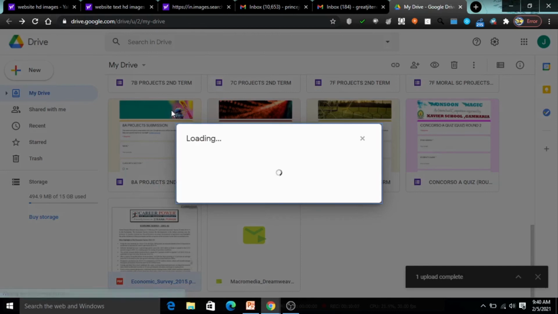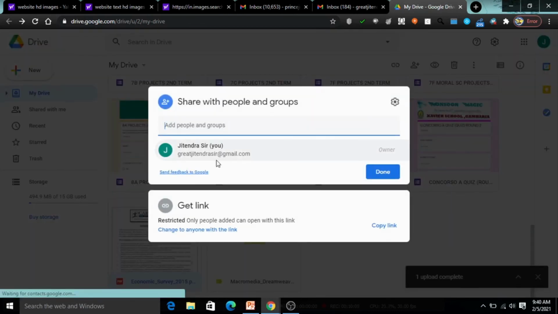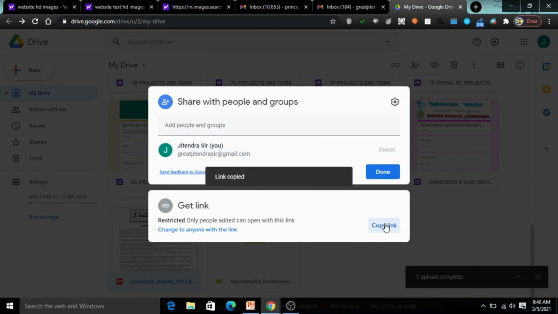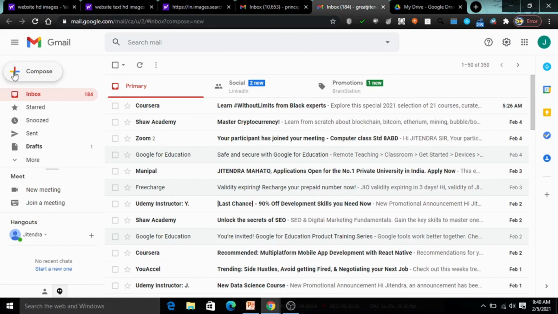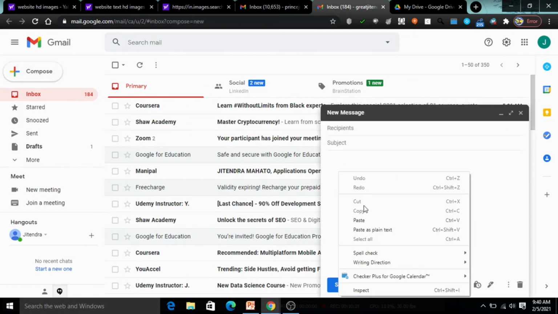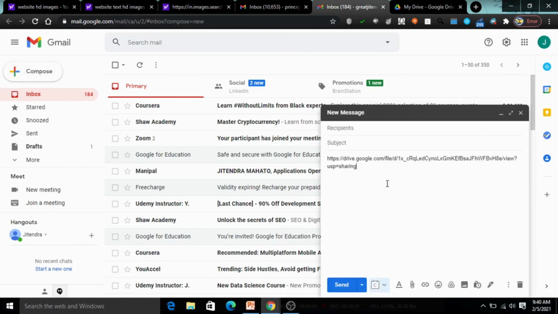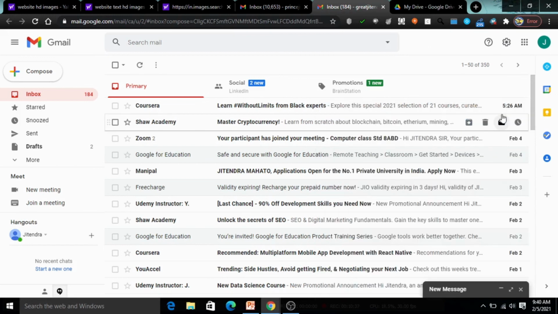When you click on the share button, it will ask you for different persons, like an email ID, and Get link. I'll copy the link and simply paste it in WhatsApp or anywhere, in mails or WhatsApp, anywhere you want. Suppose here in a mail I want to paste it, I'll simply paste it. Whenever the user clicks on this, it will open that particular drive. So this way we can share our files.